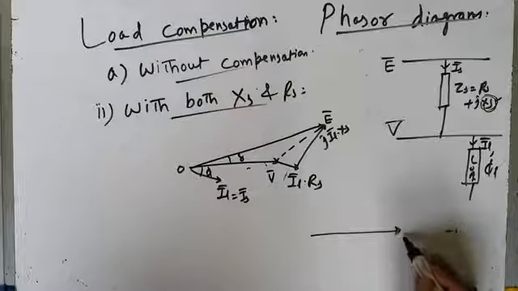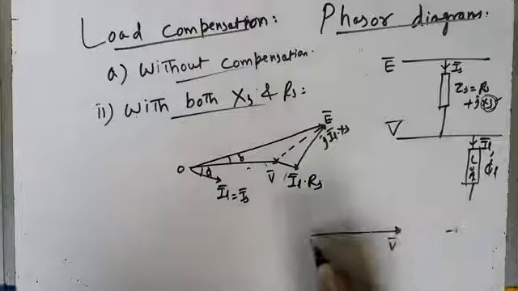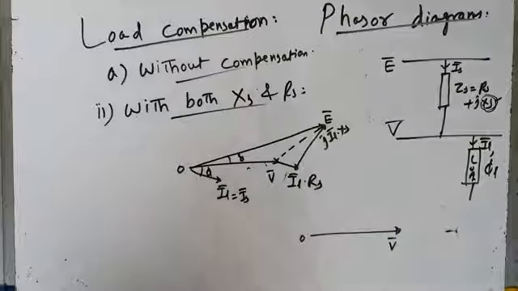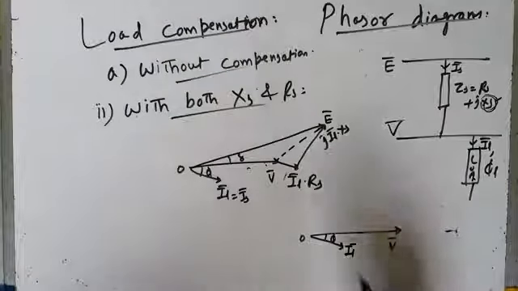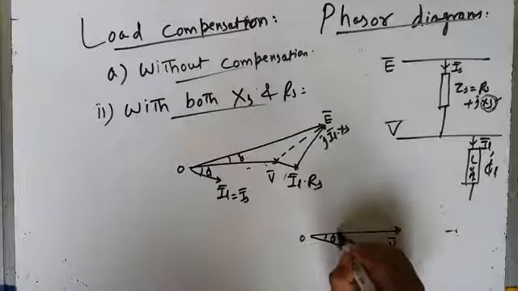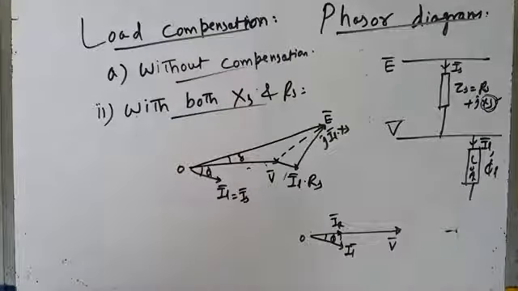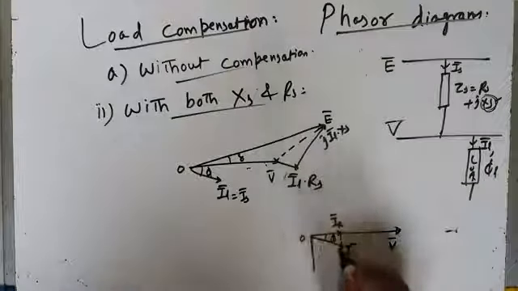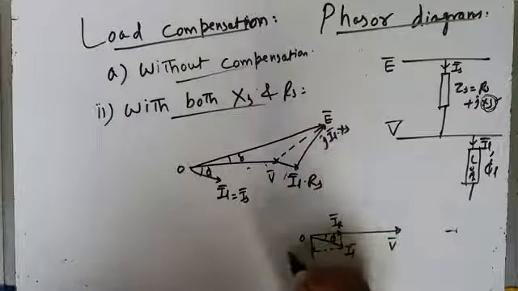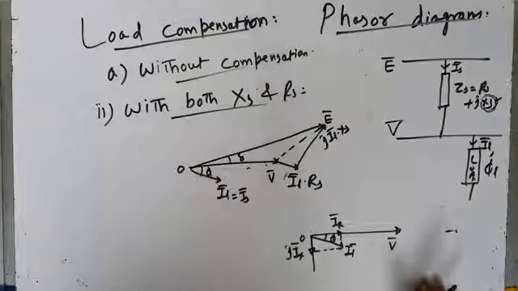मैं दोनों तरीके से आपको दिखाता हूँ कैसे करना है. This is phasor voltage, load bus voltage V. This is load current IL at a phase angle phi L. This is in phase component of current IR, load current, which represents the active power drawn by the load. And this is quadrature component of load current jIX, which represents the reactive power drawn by the load.